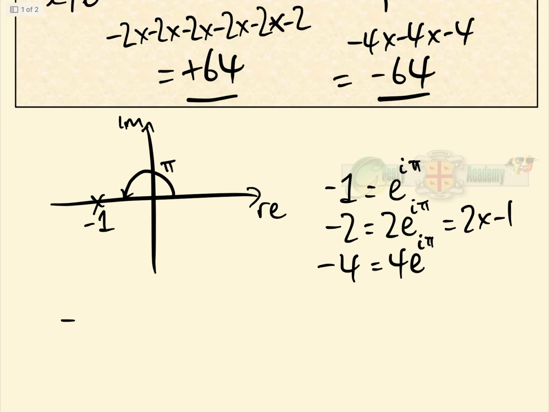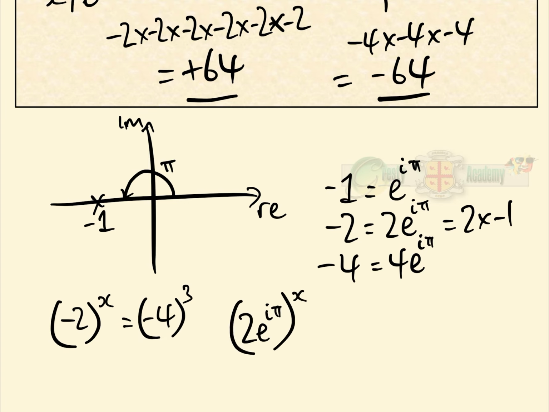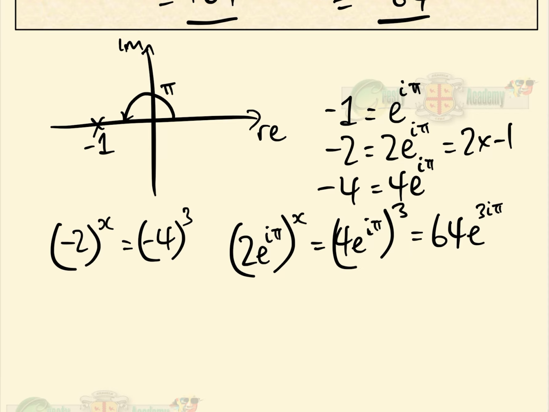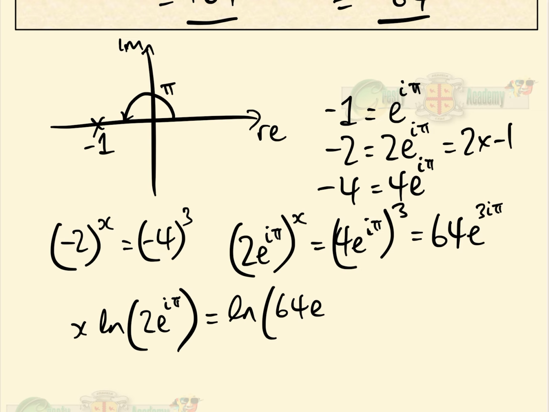So we can rewrite minus 2 to the power of x equals minus 4 cubed. We can rewrite that as 2e to the i pi to the power of x equals 4e to the i pi to the power of 3, which equals 64e to the 3i pi. Okay, so basically what we do now is we take logs. So we have x log 2e to the i pi equals log of 64e to the 3i pi, and therefore we have that x equals log of 64e to the 3i pi